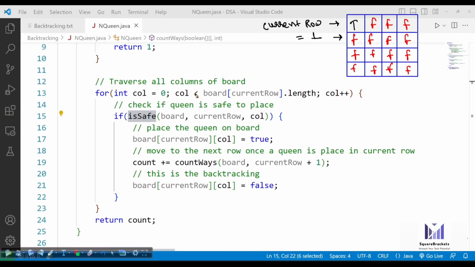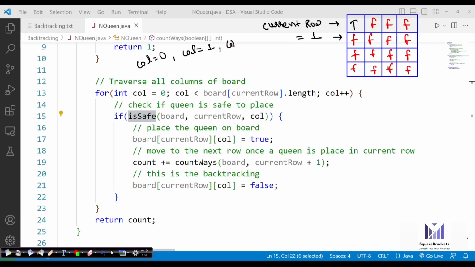So now this is the first time that our loop will increment. First time the column was 0, now the value of column is 1. Current row is 1 and column is also 1. It means now we are going to check at this point whether we can place a queen here or not. So again, it will go to the safe area, but this time it will find that a queen is available at this upper left diagonal. So it means a queen cannot be placed over here as well.